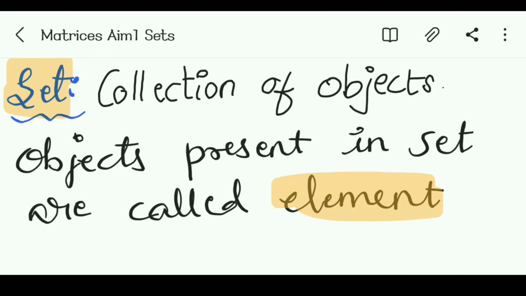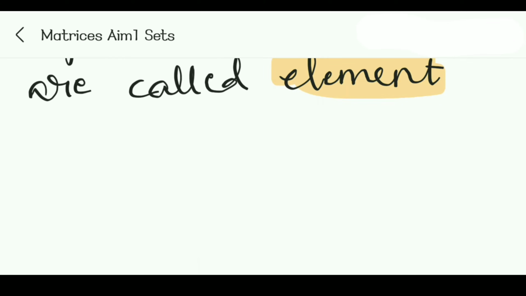Now I will tell you how to write a given collection of objects in set format. Let's continue. Here I am taking A. Let A be the collection of vowels. You all know what vowels are in the alphabet.